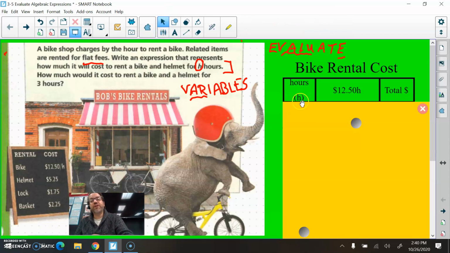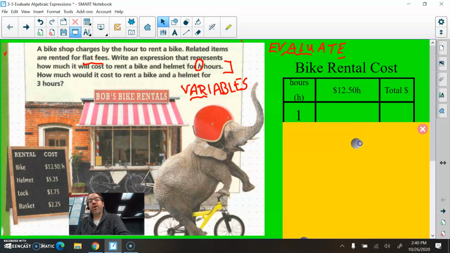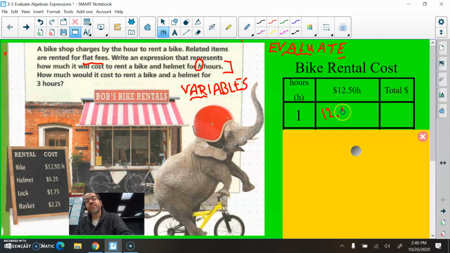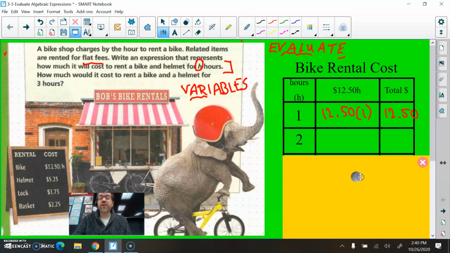Okay, so for example, I have hours. I'm using H for my variable for the value that can change. And then I can find the total cost by taking the number of hours H and multiplying by $12.50. So what will the total cost be for 1 hour? Well, for 1 hour, you would take 12.50 times 1, which is $12.50. If you rent for 2 hours, then you would take $12.50,